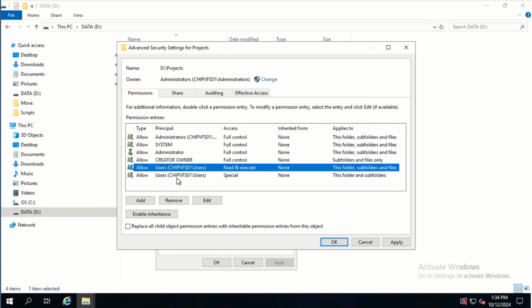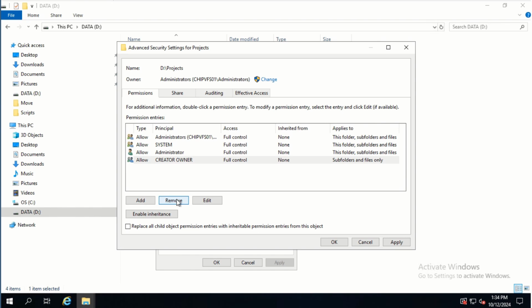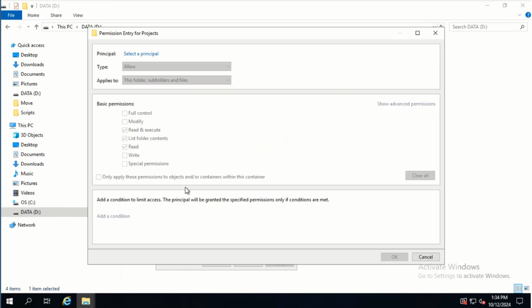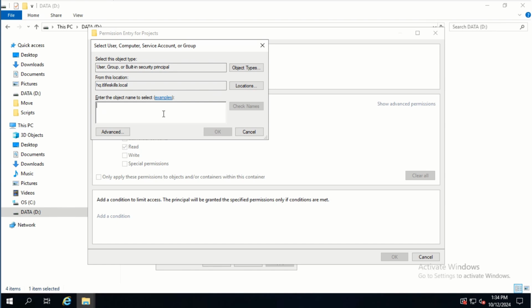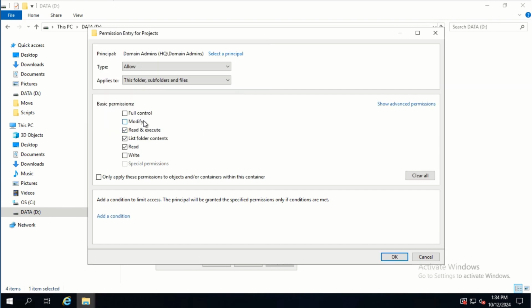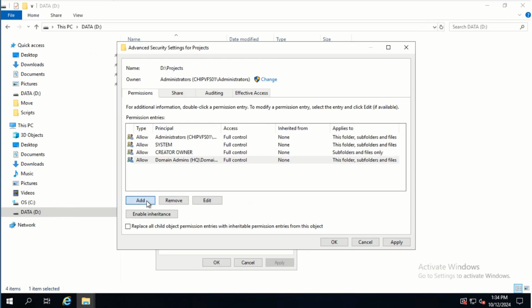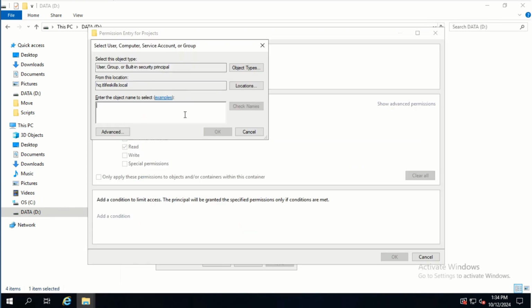And now we need to remove users and the local administrator account and add and click on select a principal. Here we type in domain admins and click on check names and click OK and grant full control permission and click on OK and click add, and here we click on select a principal and type in domain users and